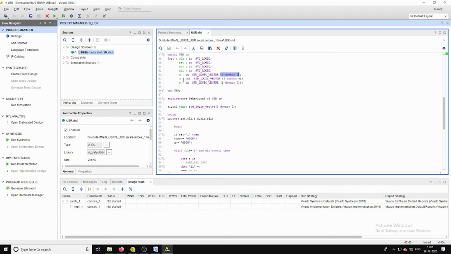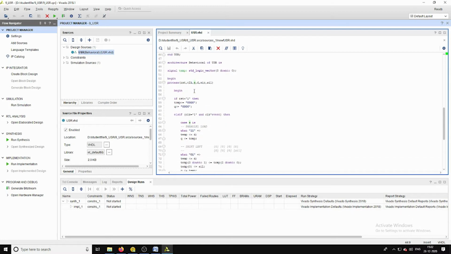In the same way, I have considered the output signal Q, which is also of the same size 4 bits, and the control signal is S. By using the selection lines of this input S, we are going to perform these 4 operations,